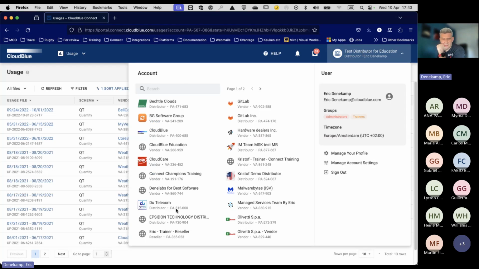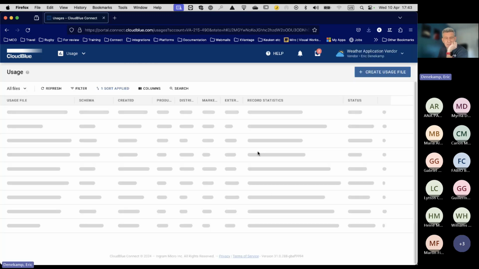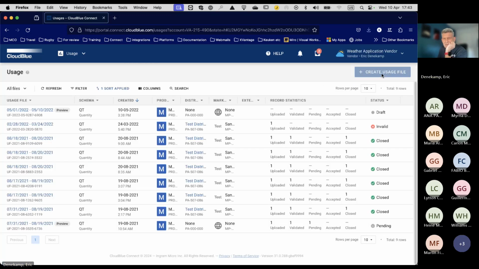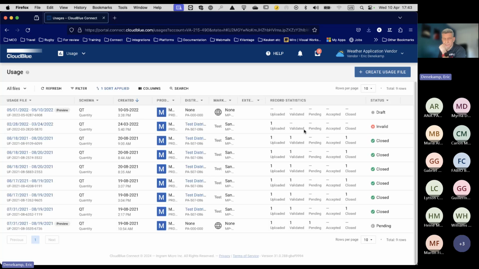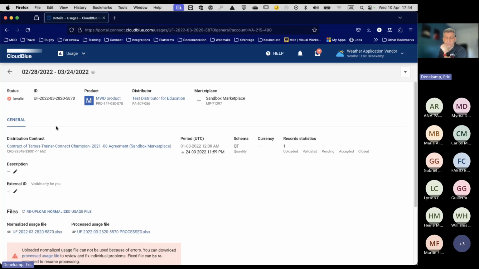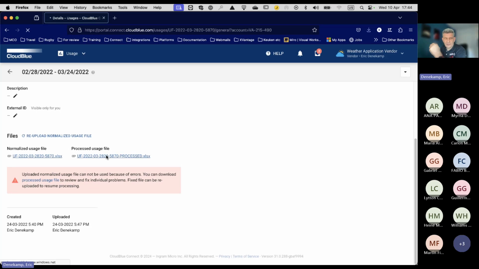If I go to a weather demo file that I have, was it this one? Usage files, here we have one. This is a preview. This one has not been uploaded. Here I see a file that was uploaded, but that was wrong, cannot be used because of errors. You can download the processed usage file, so this is the one, and see what is wrong. It will tell me,